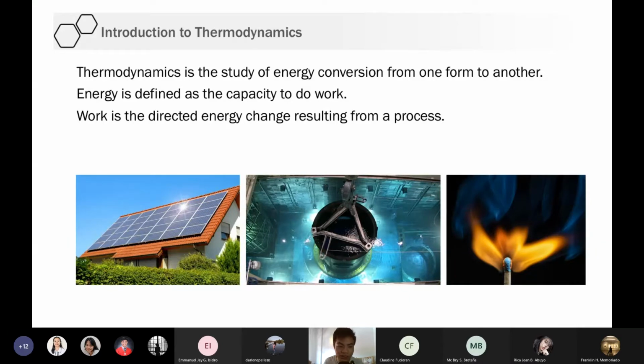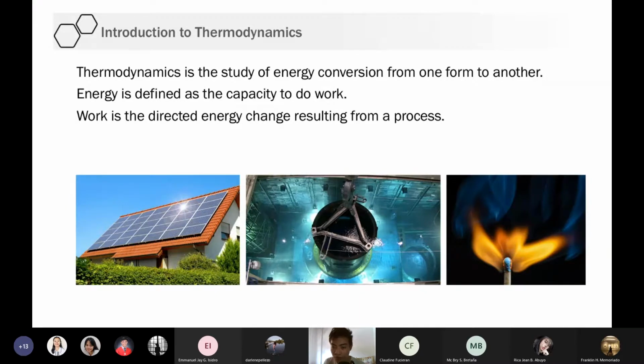So ang daming thermodynamics na nangyari doon, no? Ang daming conversion ng energy, no? So ganun ka-complex ang nuclear power plants, no? And then we have also the matchstick burning. So basically the phosphorus compound in